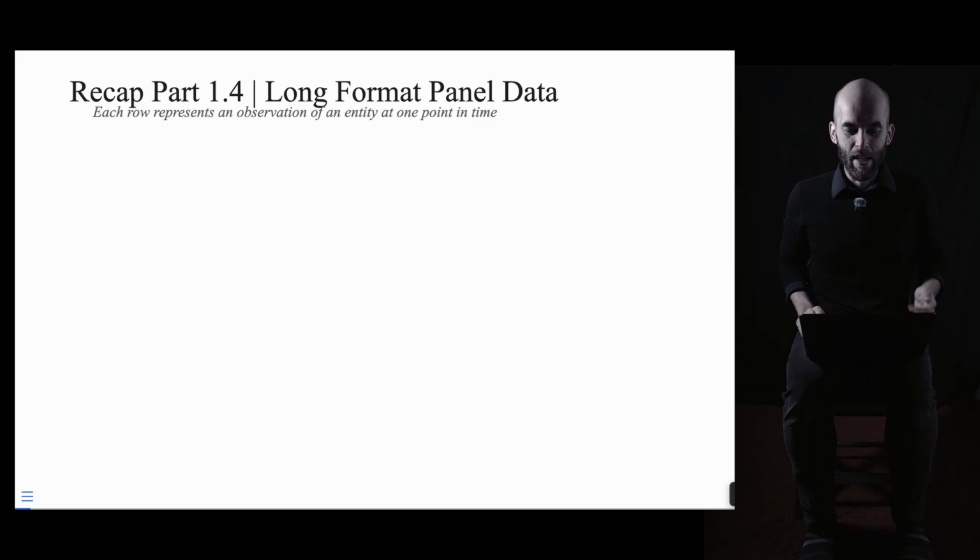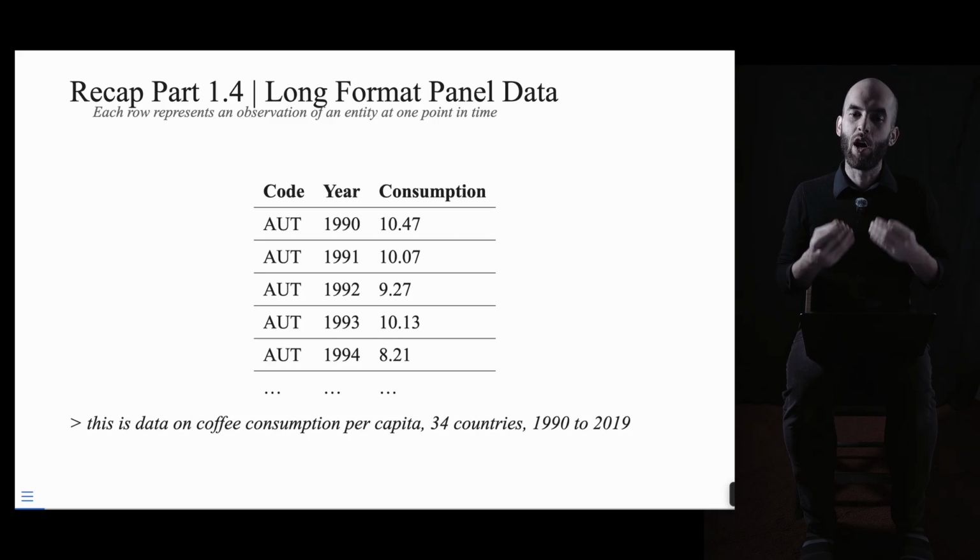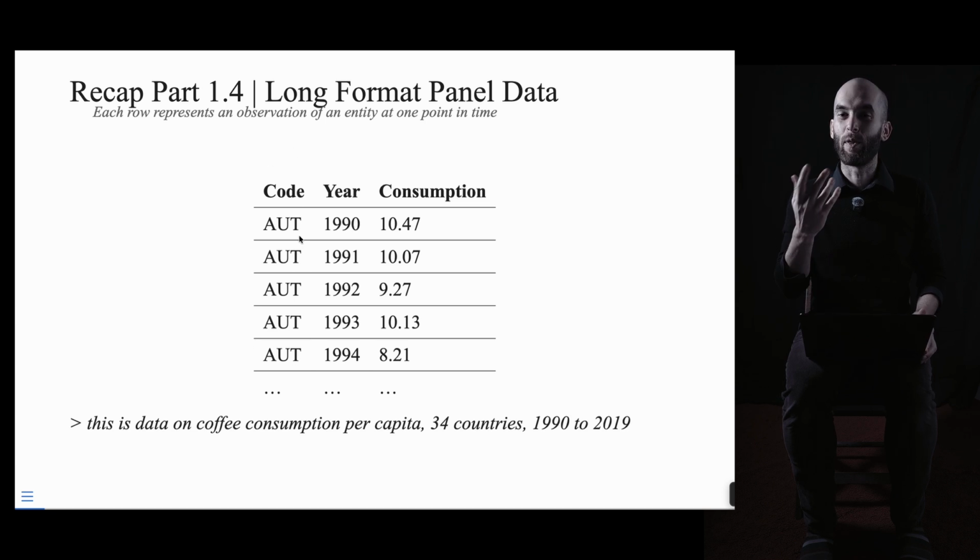What we're doing in this case is talking through a particular data set and some of the limitations of what we called long format panel data, where we have a column for the entity index, and then we have a column for the year index. And then we had our third variable, our first meaningful variable,